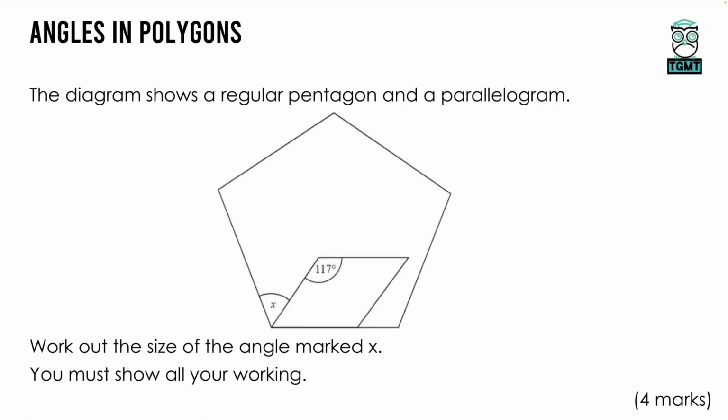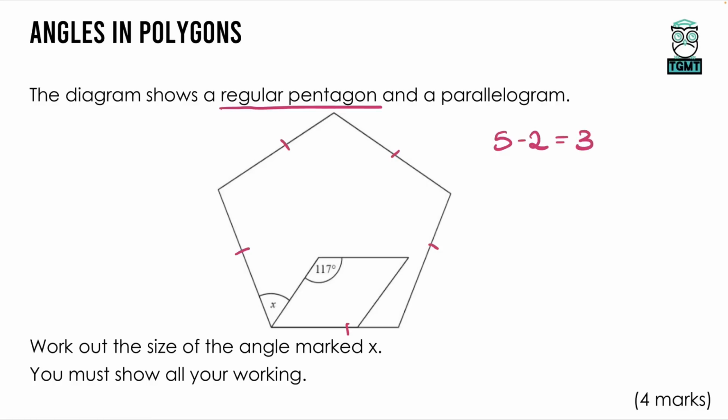Now, angles in polygons are a bit trickier, particularly when we are not using a calculator. There is a formula for angles in polygons. So typically, a formula method is relatively quick to use. We take the amount of sides of the polygon. This does say it is a regular pentagon, but you can count the sides, 1, 2, 3, 4, 5, and we subtract 2. So 5 take away 2 is 3, and that tells us how many triangles this shape is